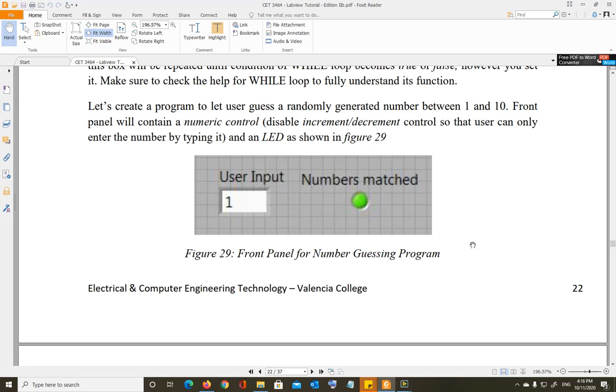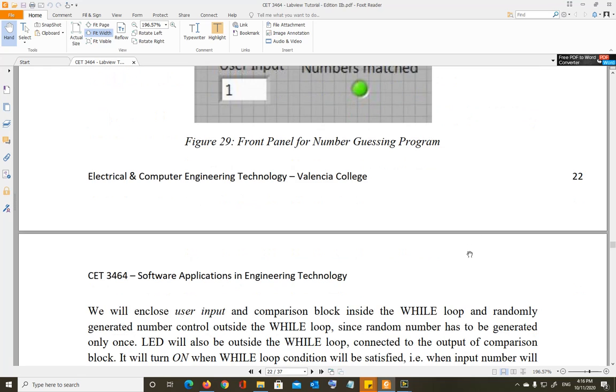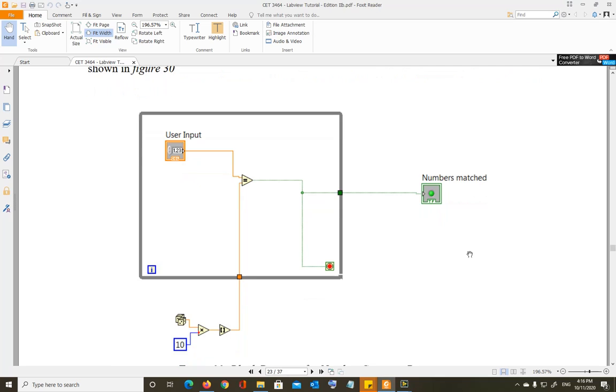That is, the while loop will stop executing. So how did I create this program? Observe how simple it is. So this is your while loop, like I showed you. User input is inside the while loop. Remember, anything that is inside the while loop is going to keep on running as long as the while loop is running. So observe that you are generating the random integer